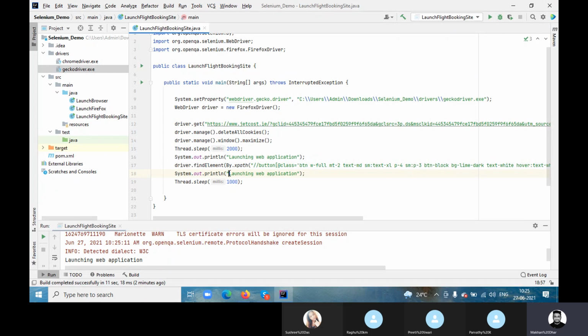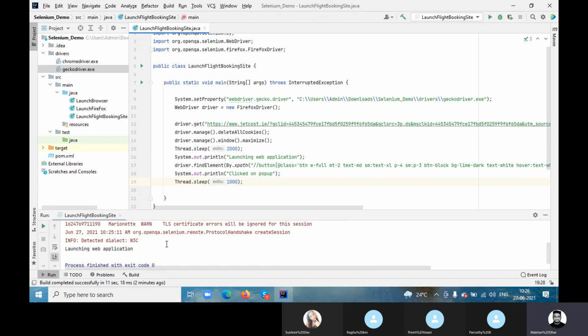So you can even check from here also. Click on pop up. For example, in the console, if you are getting the printout like click on pop up. If it doesn't work, you will not get this print.